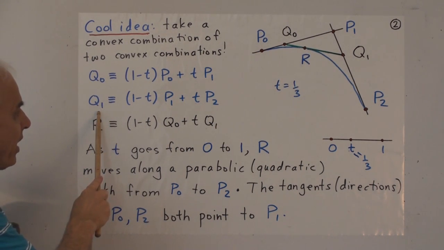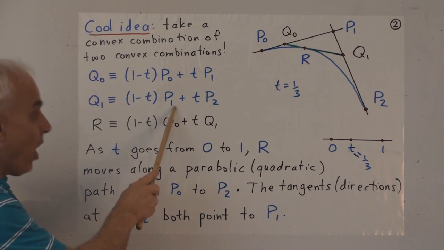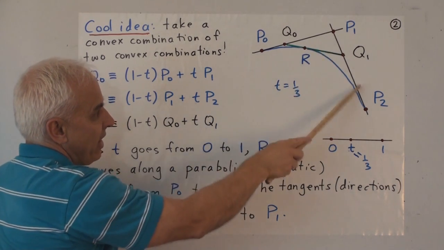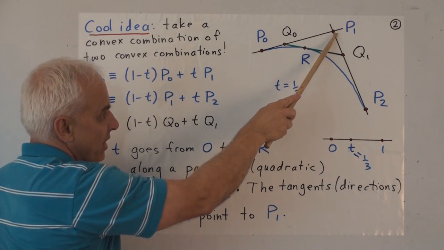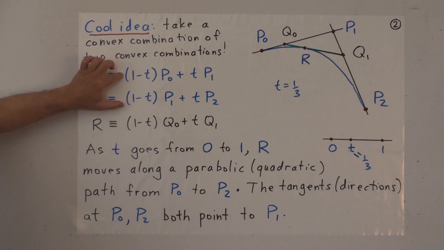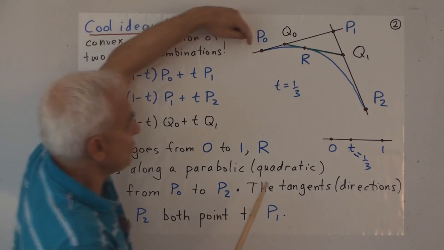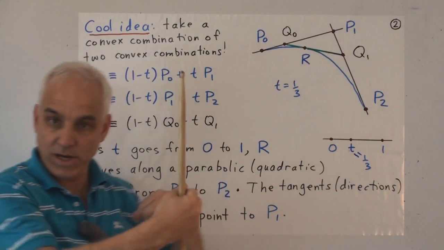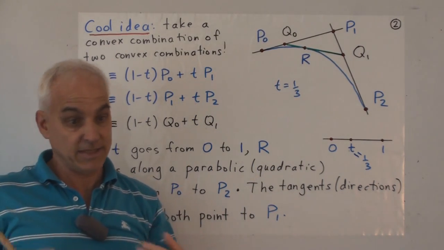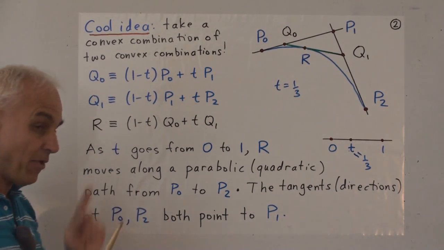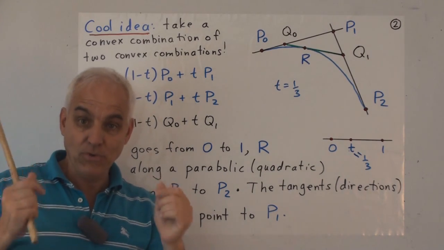And here this point Q1 is defined to be (1 minus T) times P1 plus T times P2. So that's a convex combination of these two. And as T goes from 0 to 1, it starts here and moves linearly to P2. Now notice there's the same T involved in both expressions. So as T varies, Q0 is moving in this direction. At the same time, Q1 is moving in this direction. So we have two different points, both traversing their line segments at the same time. All right, so we have two convex combinations. And now the idea is we're going to take a convex combination of those two.